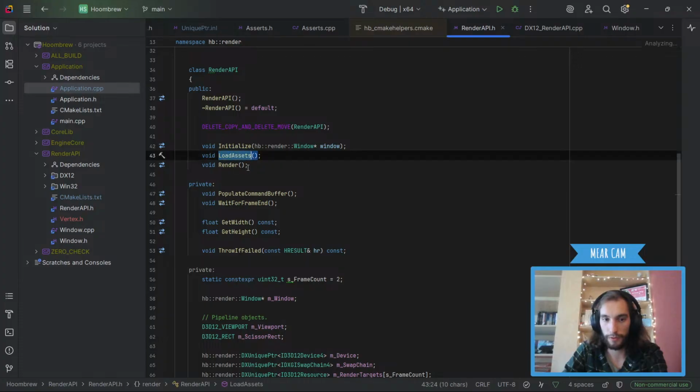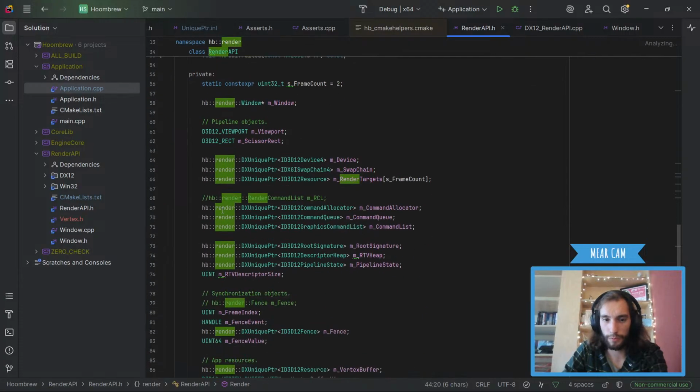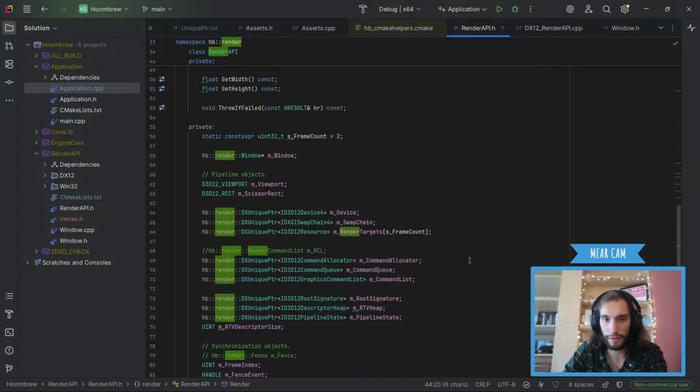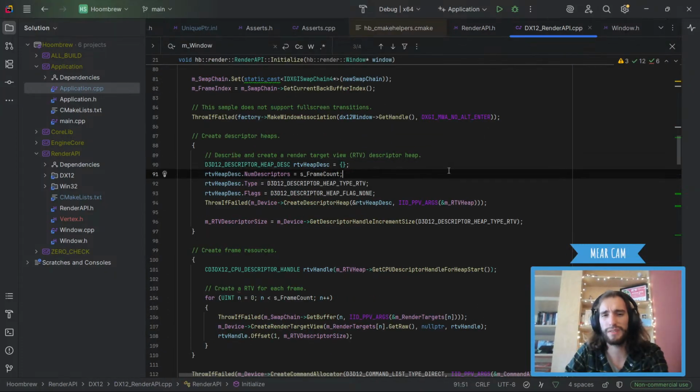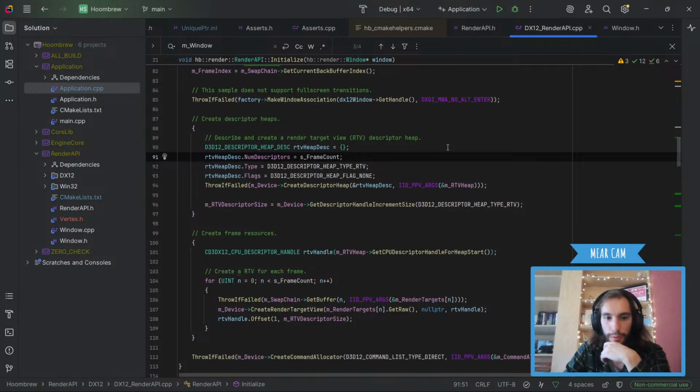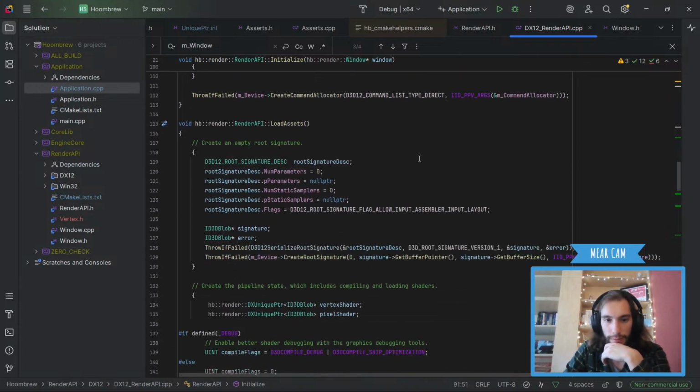We just make a render function. We could probably already move all of these things to DirectX 12. Oh no, this is the definition of the class, I remember. Oh, that's gonna be annoying. Okay. Ah, boy. Okay. I should really learn how to do graphics programming properly. Again, then we load the assets.